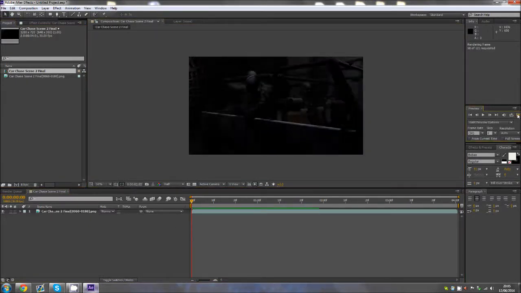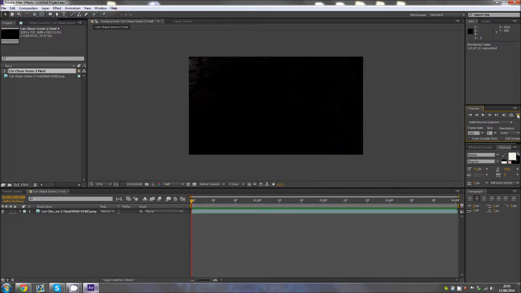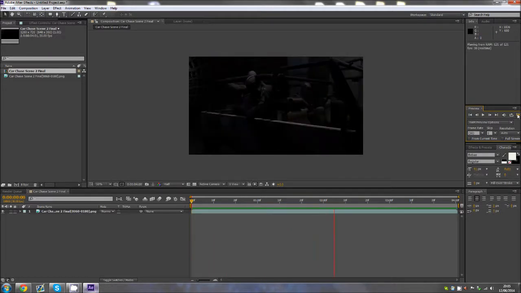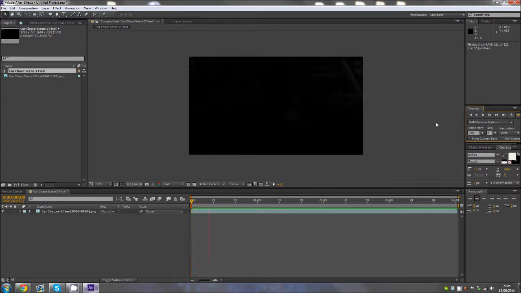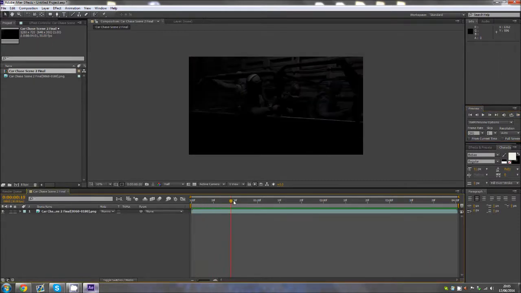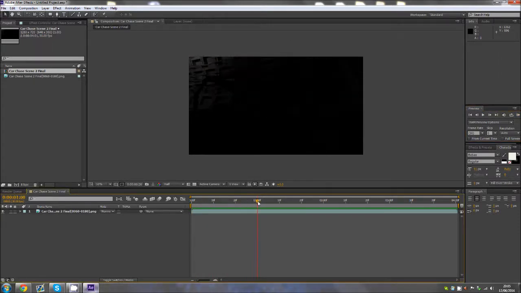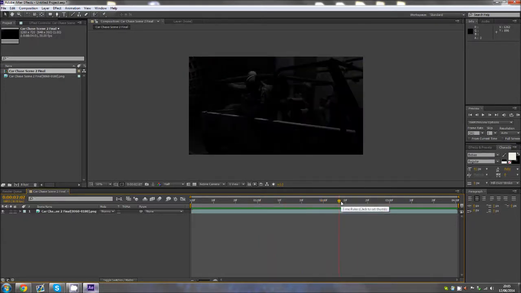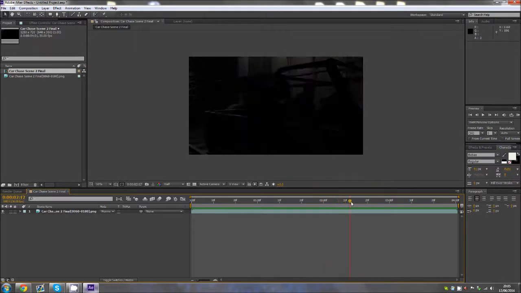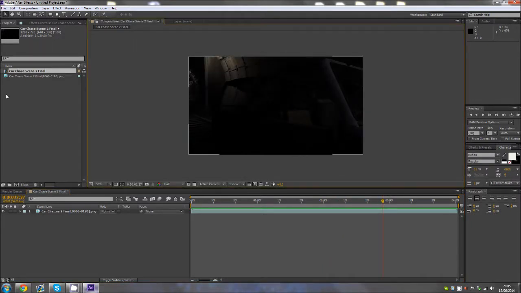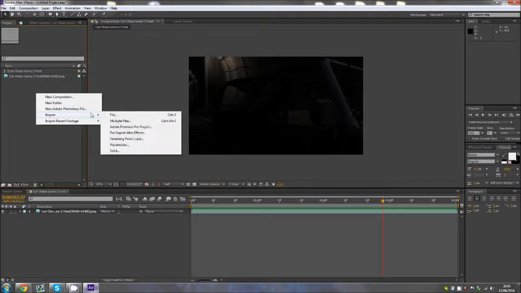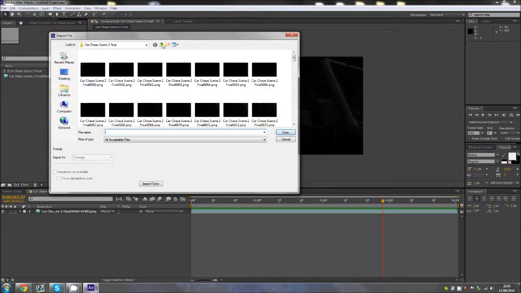Now, if I play that through, the lighting is temperamental. There's no constant lighting within this scene because they're driving through a tunnel, so they've got little spots of light. As they're driving through, it goes dark, then their light appears, and then dark. Now, this is really hard to motion track, so what I suggest you do is you go back,